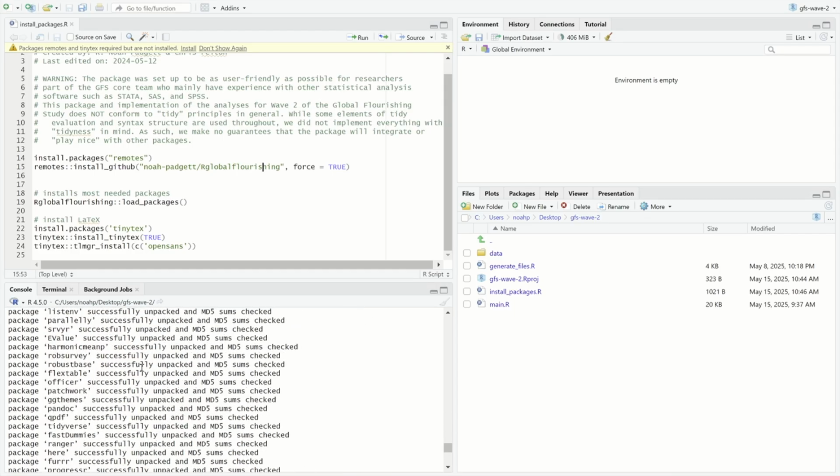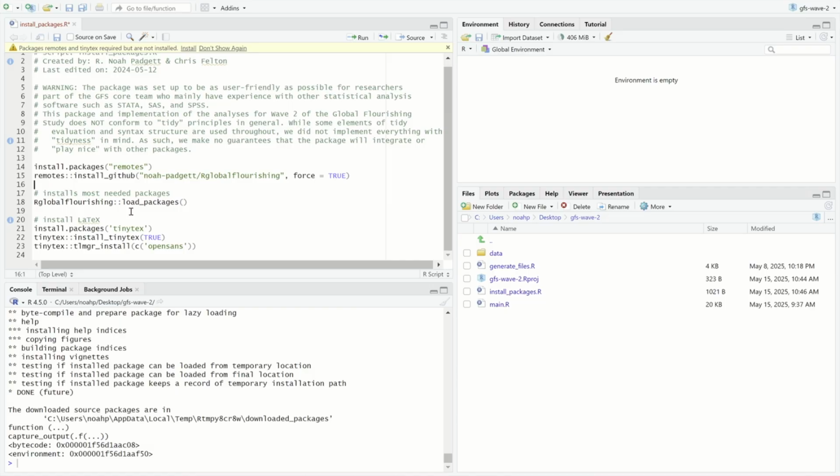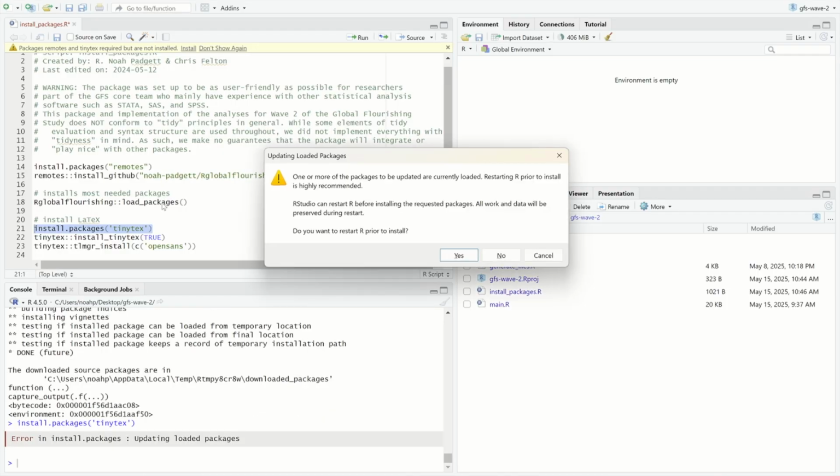Mostly just speed. Okay, so now after we've run line 18, what we need to do is make sure something called TinyTeX is installed. Line 21, highlight, Command Enter. So what you'll notice is that you might also get this window that says it's trying to install something that is currently already loaded technically. I believe TinyTeX